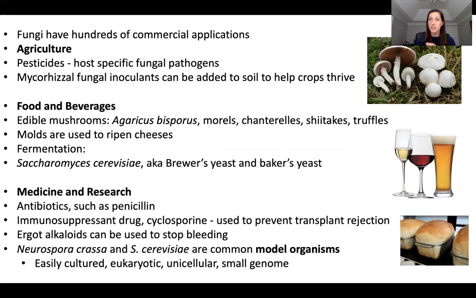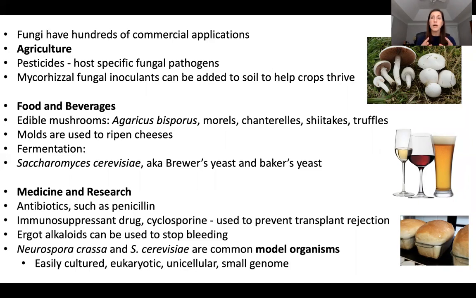Agricultural applications: you can use fungi as pesticides. There are lots of fungi that act as pathogens on certain types of insects, but are harmless to other animals and harmless to plants. So if you apply that particular type of fungi to your crops, you can target pest species with a fungal infection that will affect the pest but not the plant or the people that eat the plant. So, an interesting application for agriculture.